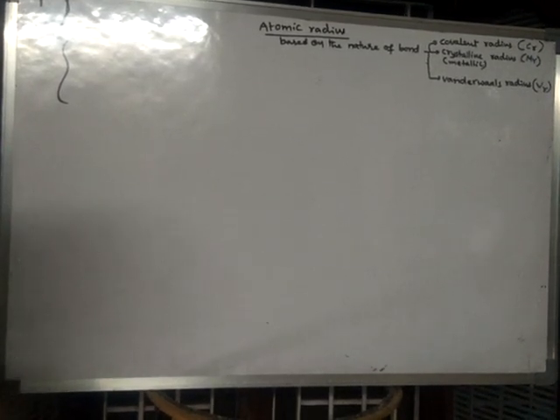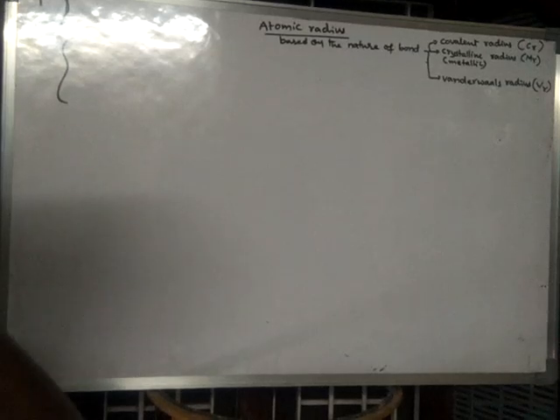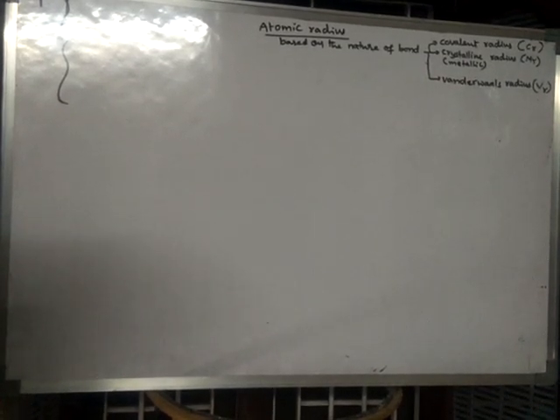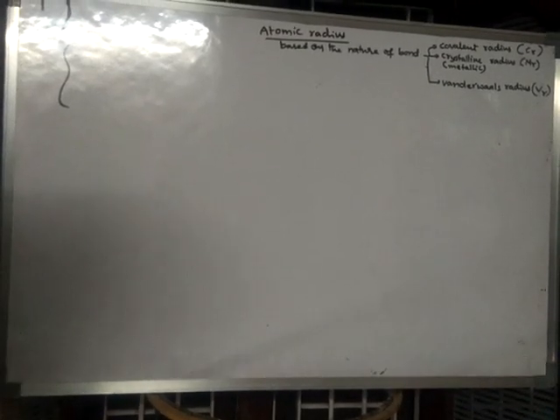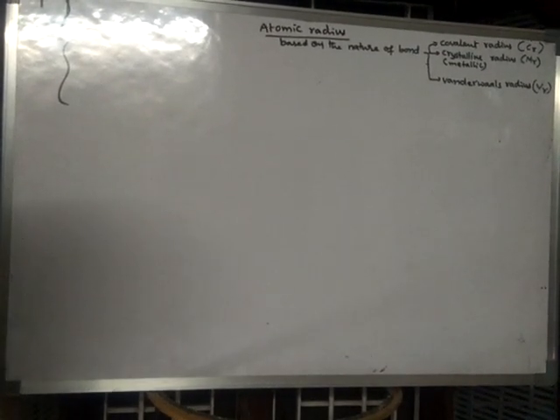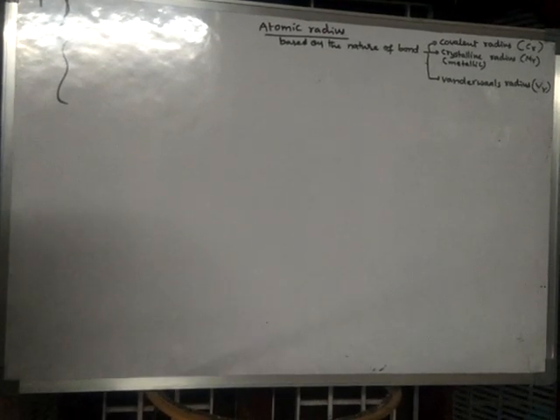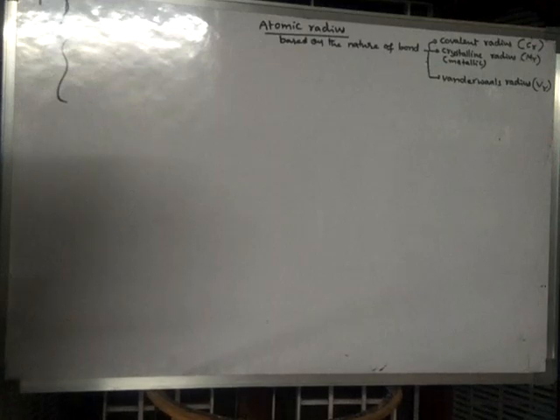See, actually, we were learning about atomic radius. In our previous class, we learned that the atomic radius of an individual atom cannot be found, because atoms will always be under the influence of other atoms. There will always be a change in the size of the atom depending upon the nature of the surrounding environment. So we cannot find the exact radius of the atom, because atoms are always in a combined state.